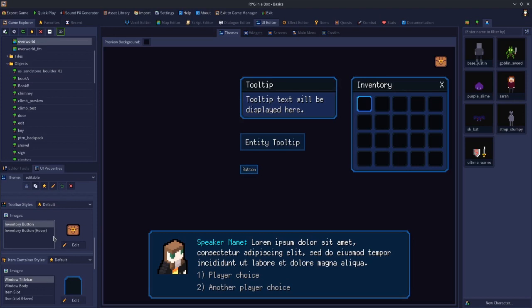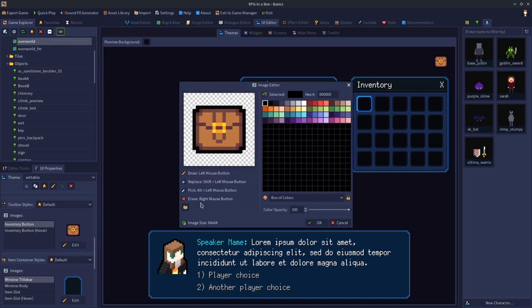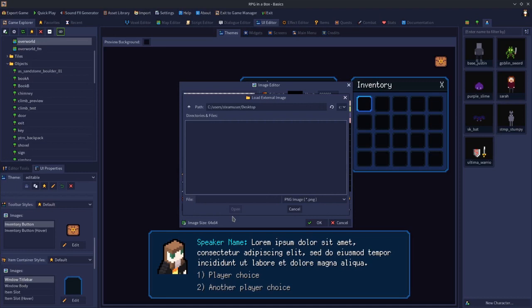Okay, so to change this, you'd click the edit button, and you can obviously draw over the image if you want to change it, or you can click this button here and it will open up a browser, and you can select a PNG image from your Windows or operating system folders structure. So here we are in my RPG in a Box folder. If I go to the basics project, go to images, I've got one called chest, which I'm going to use. So we'll click chest, click OK,